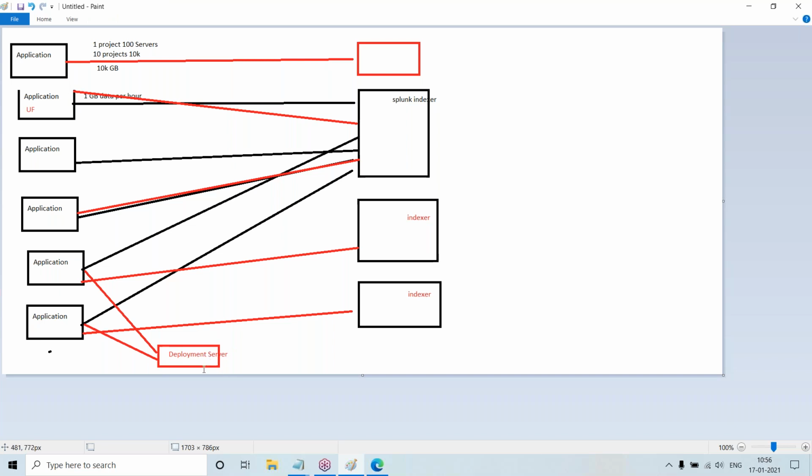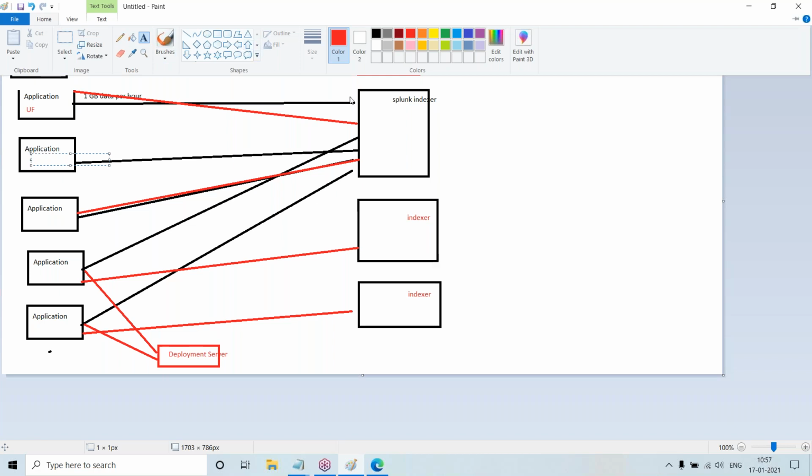This deployment server will take care of sending the configuration, like what data to send and where to send. You have to define that in your source machines. That configuration can be sent via the deployment server, because admins won't be given access to these applications every time. They will create some 10 minutes or 15 minutes of access, and revoke the access every time. You won't have access to all the production servers. So during that time, the deployment server will send configuration to these application servers.